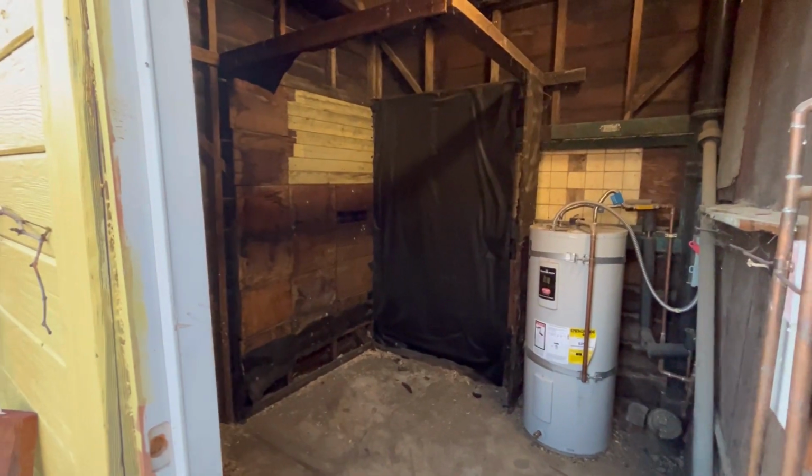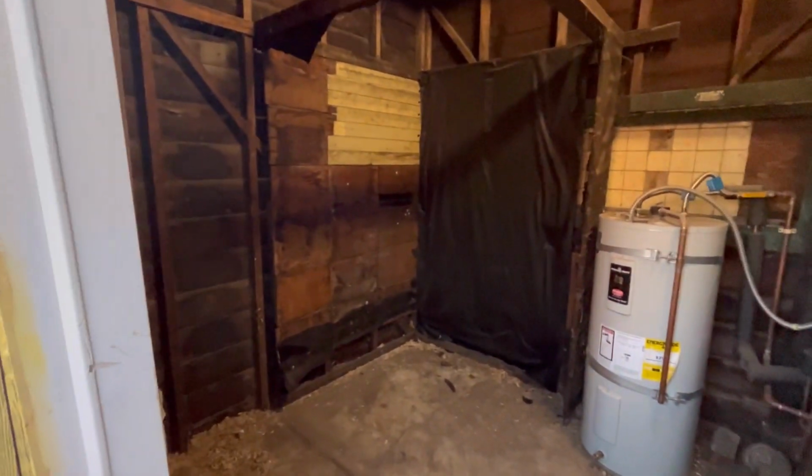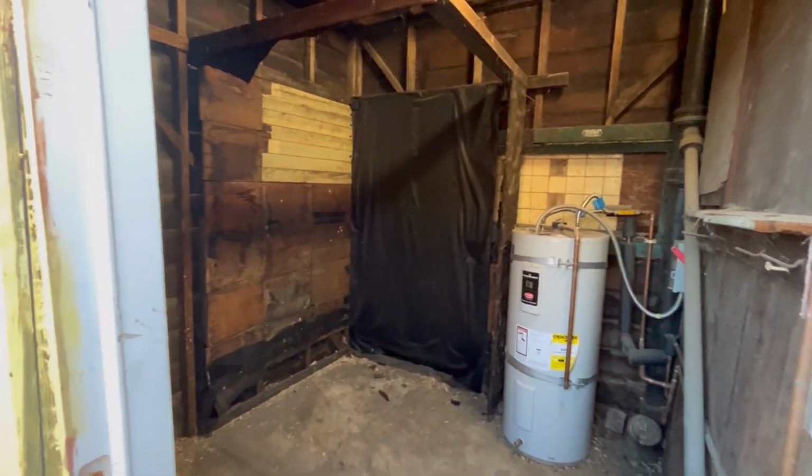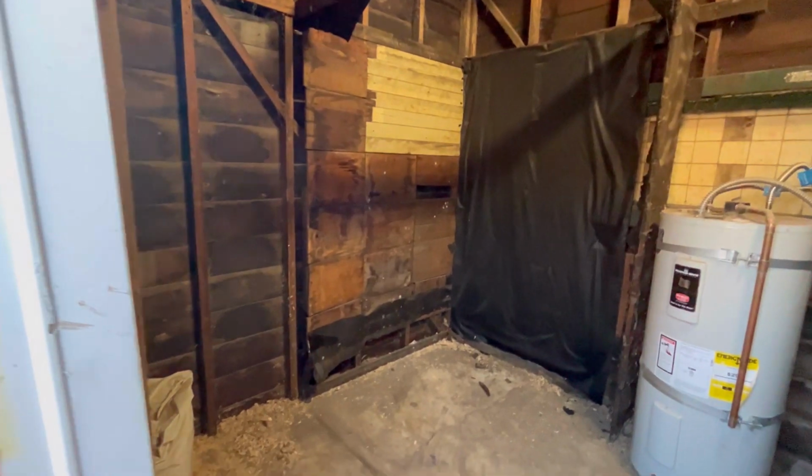So guys, this is what it's looking like now. As you see, the wall is no longer there. So we can have it freely open. Still dusty and got some more work to do, but